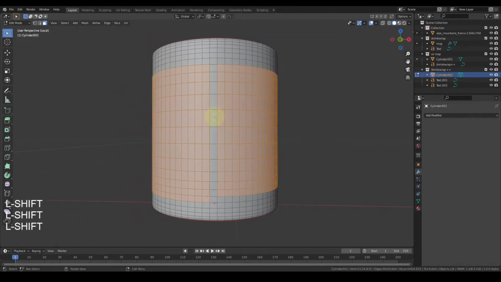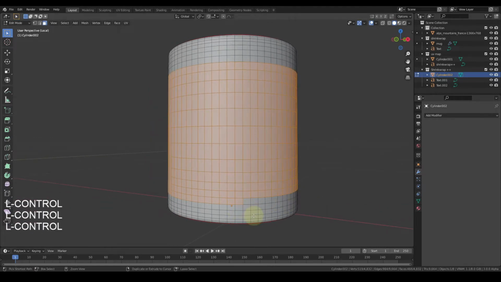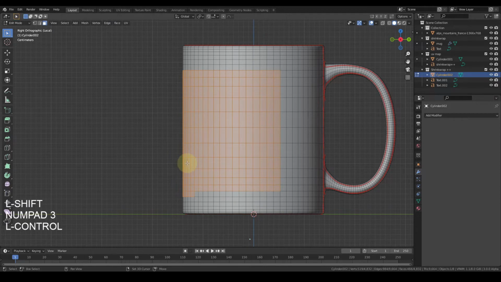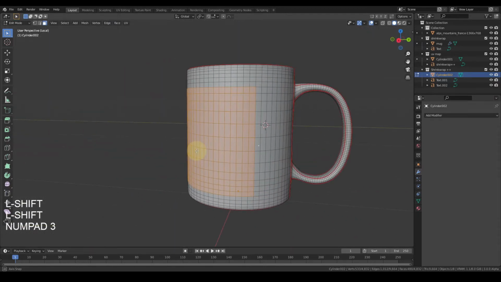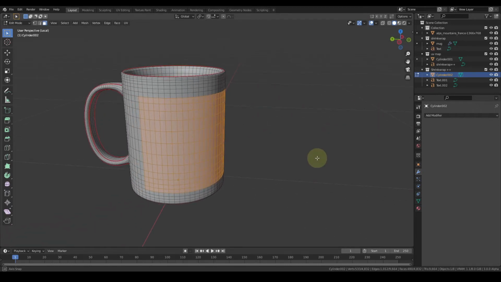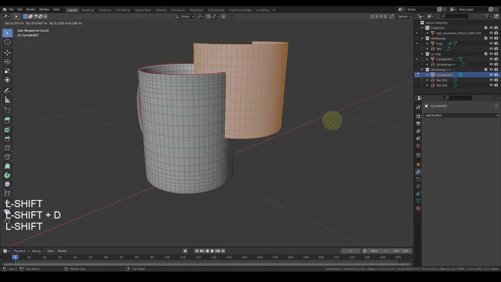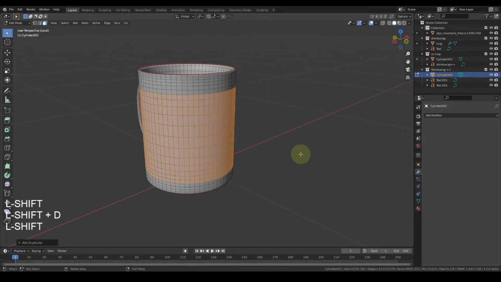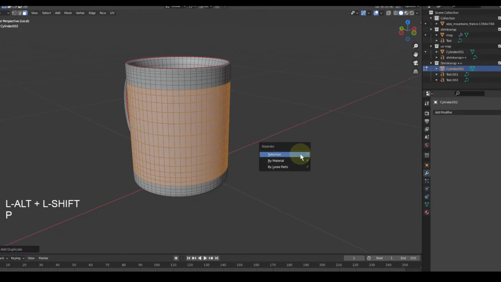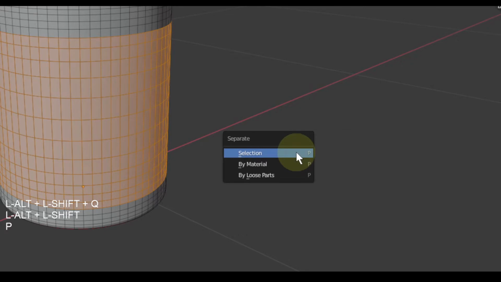Okay, so we have this portion of the mug selected. I'm going to press Shift D to duplicate these faces, right click to put them back in their position, and then press P and select separate by selection.